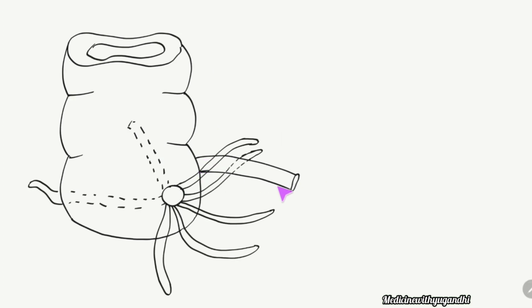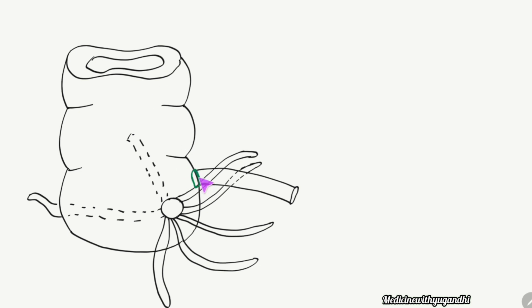See, this is the ileum, a portion of small intestine, and this is the cecum, a portion of large intestine, right? So the place where the ileum opens into the cecum is called the ileocecal orifice. From that, about 2 cm below is the appendicular orifice. So this is the appendicular orifice. It is about 2 cm below the ileocecal orifice.